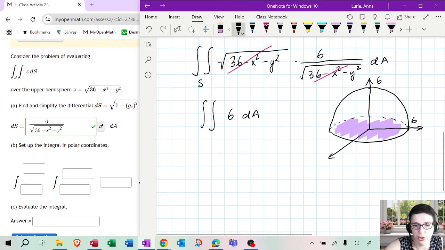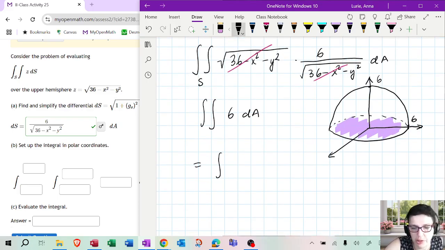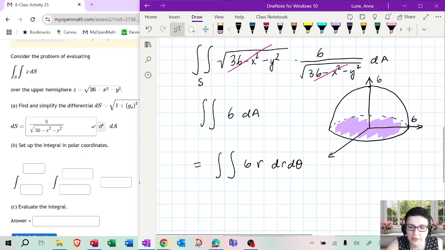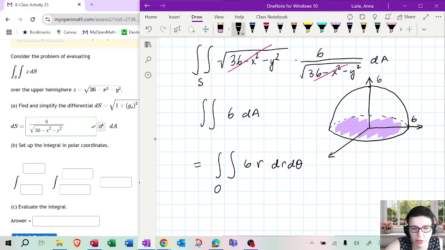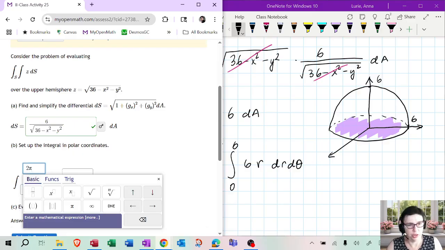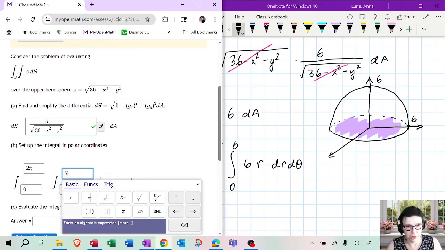So we are going to switch to polar coordinates from here. How do we switch to polar coordinates and how do we integrate over the circle? So first of all, our integrand, which is 6, will get multiplied by r. And then you're going to get dr d theta. So integrating over the circle is very simple. The outside limits should be 0 to 2 pi because that's a whole circle. And inside limits should be 0 to whatever is the radius of the circle, right? So the radius of the circle is 6. So that would be 0 to 6. And so that's what we're going to be setting up here. So let's just type that in here, 0 to 6.